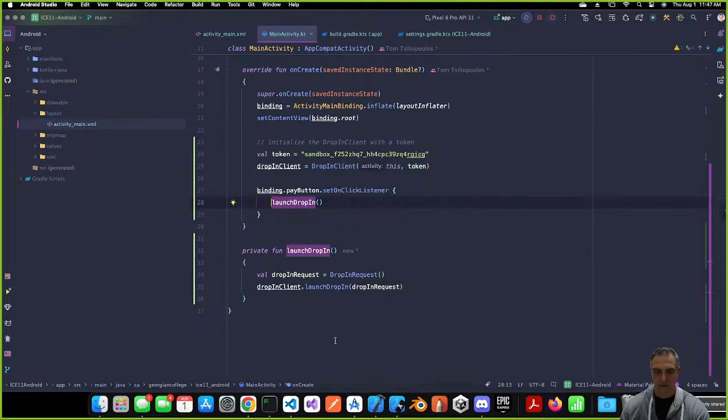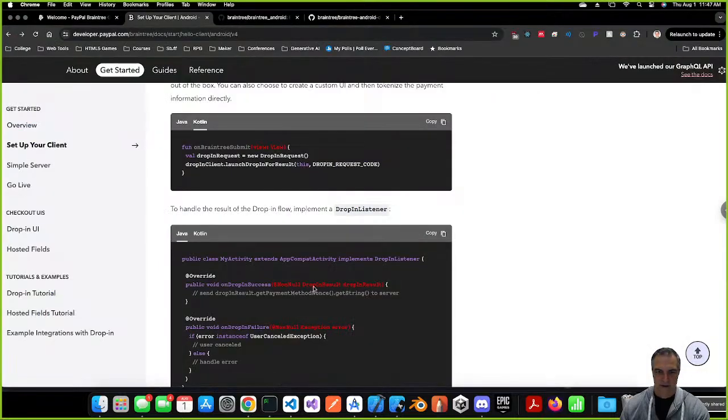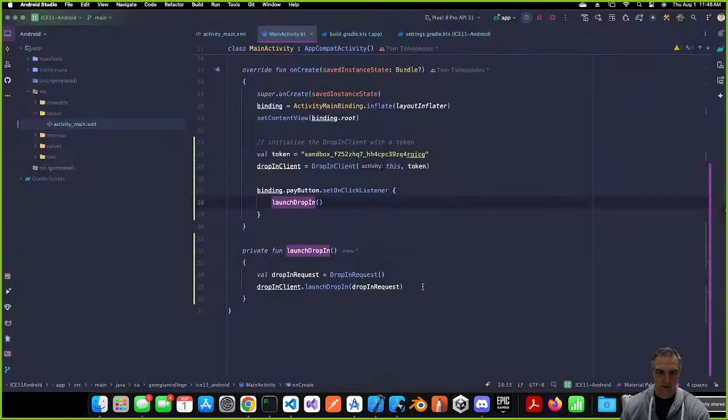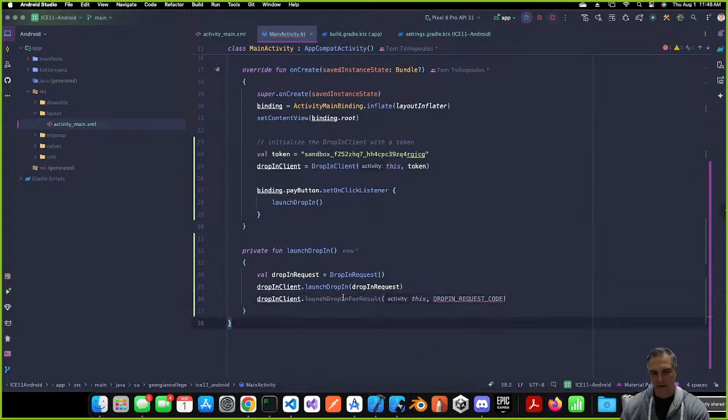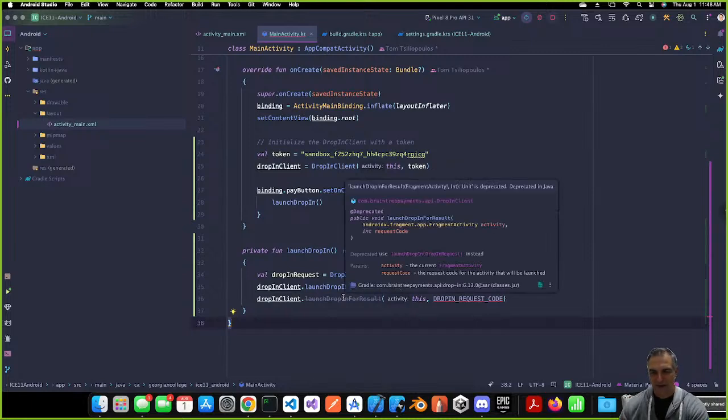Now, if you look back at the documentation, it says it takes the drop-in, not the drop-in request, if I want to launch. Let me just copy this and I'll show you what the difference is. If I take this, copy this, and go back to my code and paste it in, now it's called drop-in client. Notice that it says drop-in request, and it says drop-in for result, and it looks at it and goes,